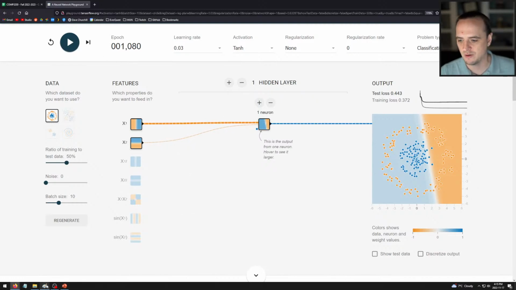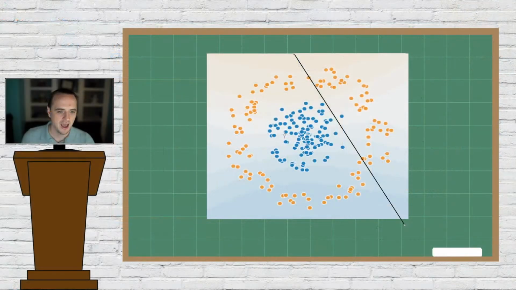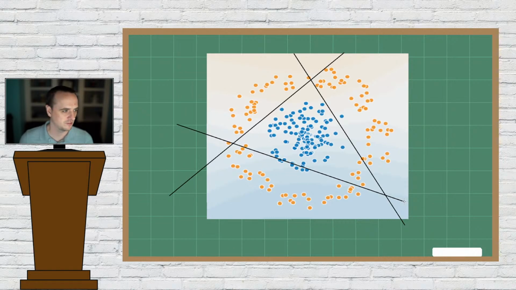So if we pause this and we now think, okay, how am I actually going to separate this? Well, basically what I've got to be able to do is draw some sort of structure that encapsulates the blue points, but not the orange points. So how many lines do I need to have in a 2-dimensional space in order to enclose something, right? Well, I can't have 2 lines, but maybe I could have 3 lines. So look at this. This is actually a pretty good classifier using 3 lines through this space.